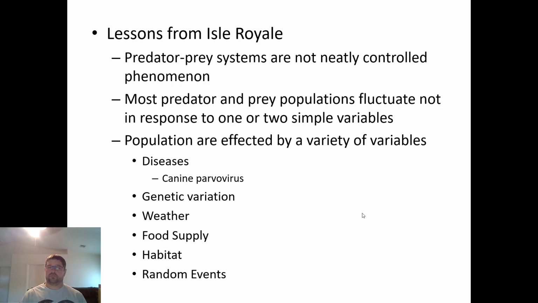Okay? There wasn't enough habitat. And then just random events. You don't know when you might have a freak snowstorm, or you might have a freak weather event that occurs at calving time or something like that. So there's a lot of features that go into Isle Royale,